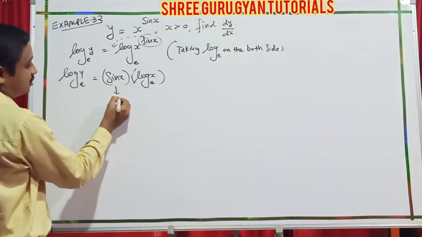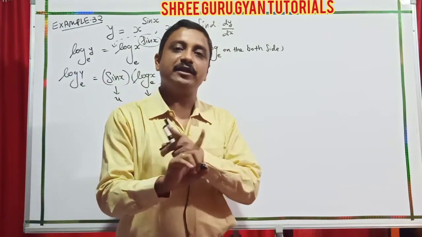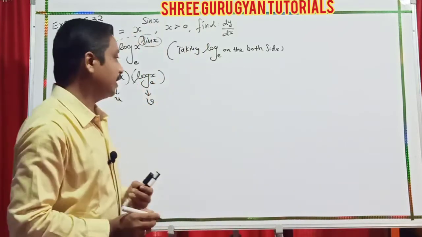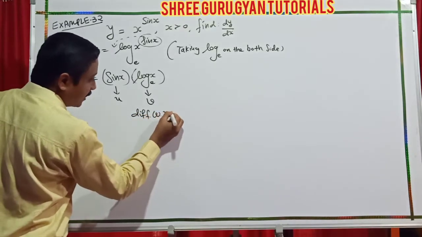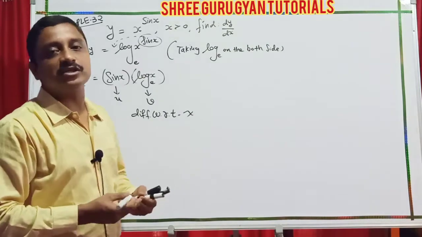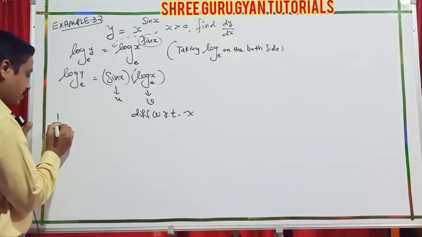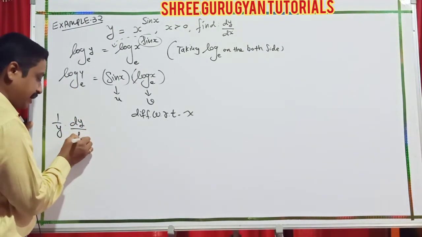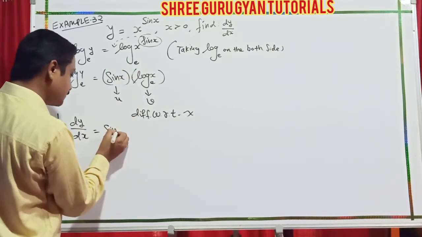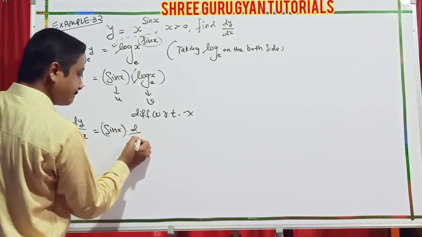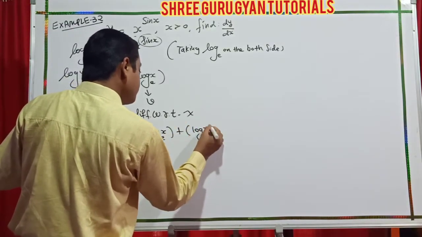Now, students, consider this as u and that as v. Apply the product rule, and here our composition, so chain rule. Differentiation with respect to x, and I operate those values easily. So here apply the log y derivative, 1 by y, and y's derivative pending, dy by dx, and on this side apply the product rule: first, d dx of second, plus now second, d dx of first.